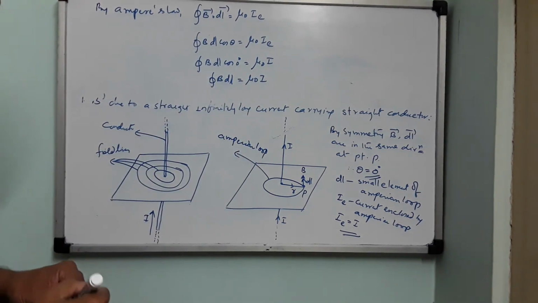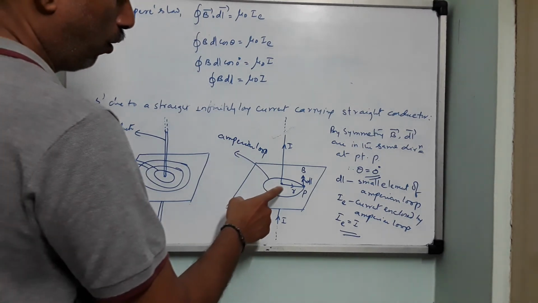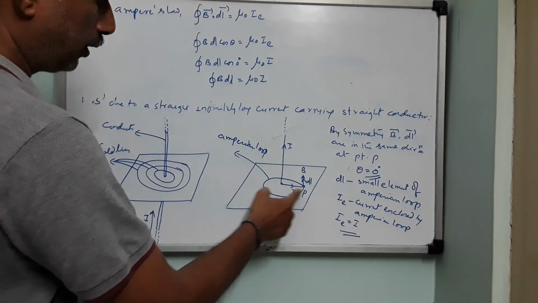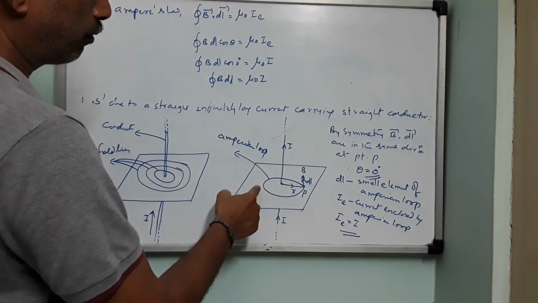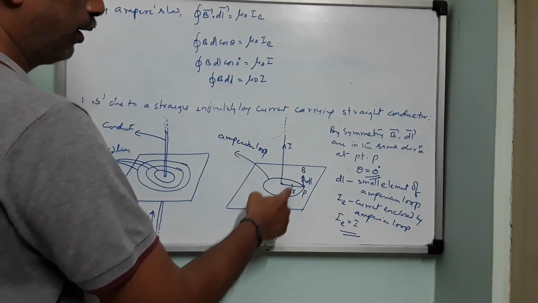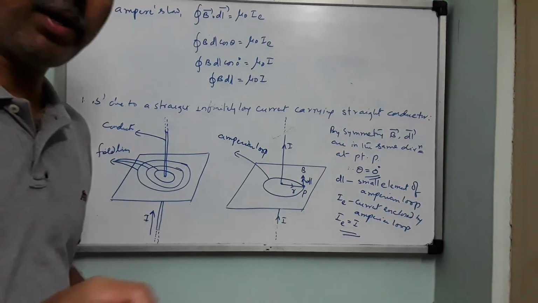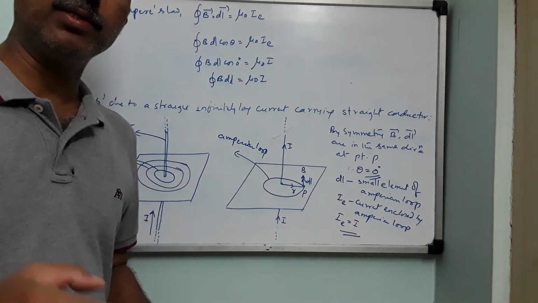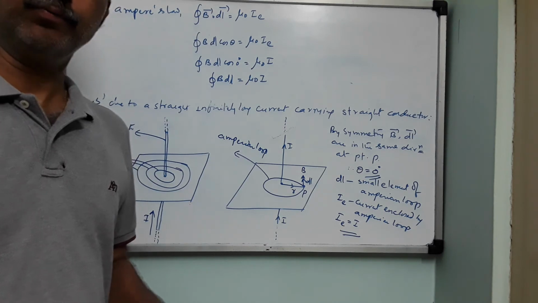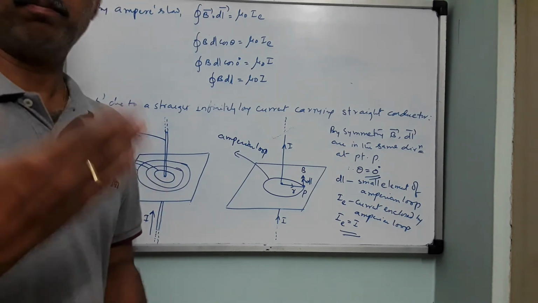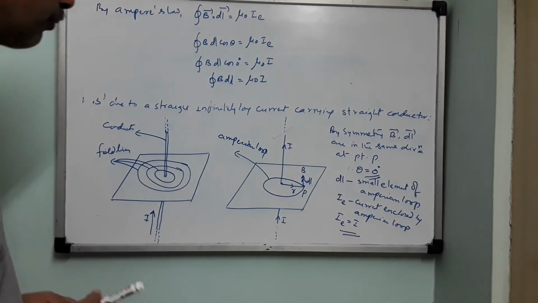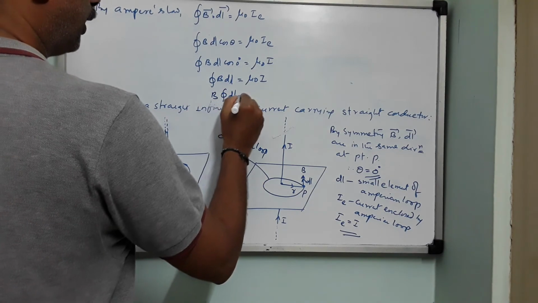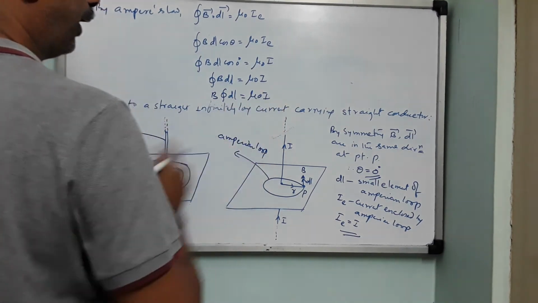Right. So now by symmetry, whatever magnetic field you obtain at point P magnitude wise, even this is actually a circle. Here also there will be the same magnetic field, here also the same, because every point on the circumference of the Amperian loop lies at equal distance from the current carrying conductor. Therefore, the magnetic field will have the same magnitude, but different directions. That is why B is going to be a constant. This line integral of dl equals mu naught I.